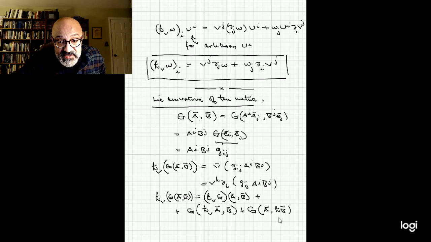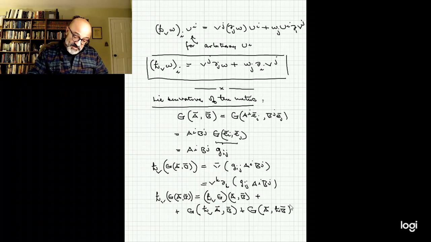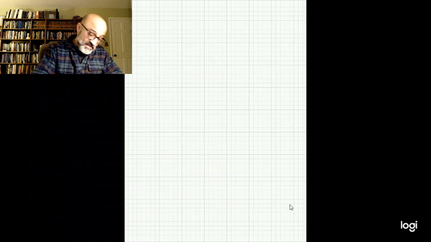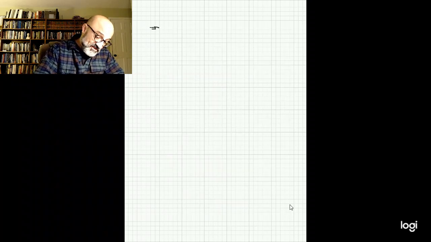So all of these guys are something we can compute. This guy, however, has this object, which is what we want to find. But this guy here, this is the Lie derivative of a scalar. We just computed it. So we do some algebra, and then we get,